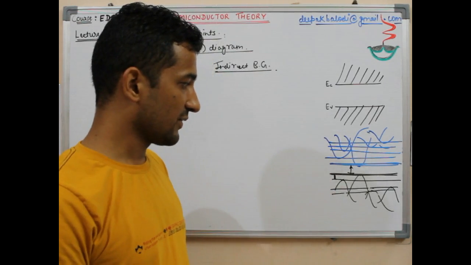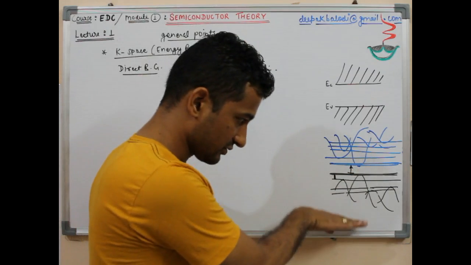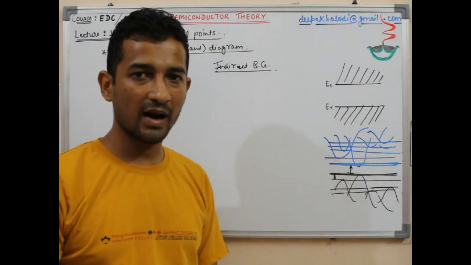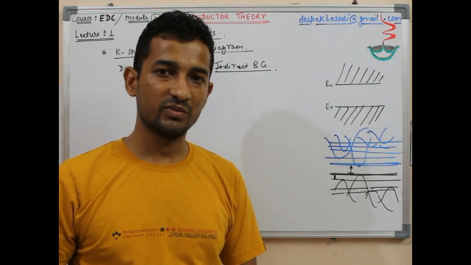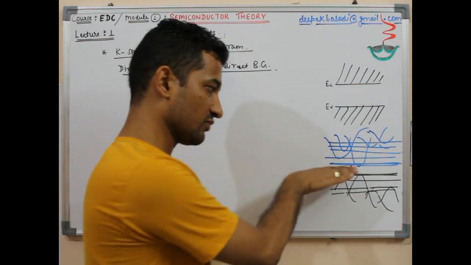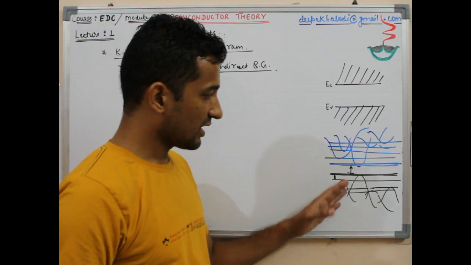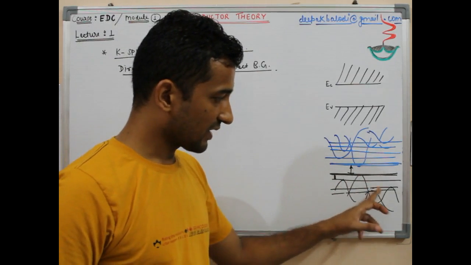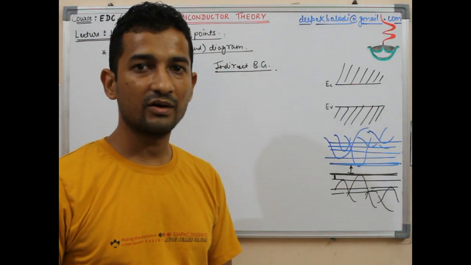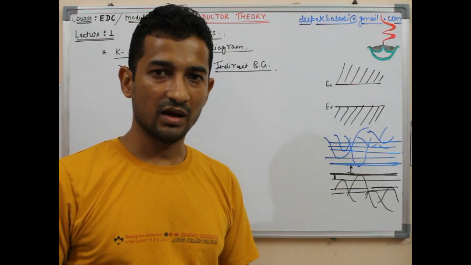So if you look at it roughly, it appears that this lower side is a band, and this upper side is also a band, but actually it is not a continuous band. There are discrete levels in both the valence band and the conduction band. When we see this scenario, these energy valleys or profiles depend on lots of things, the energies